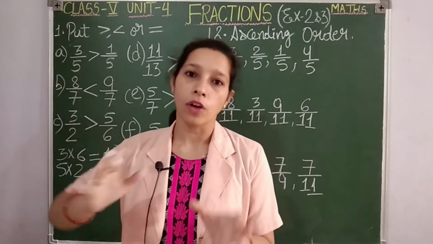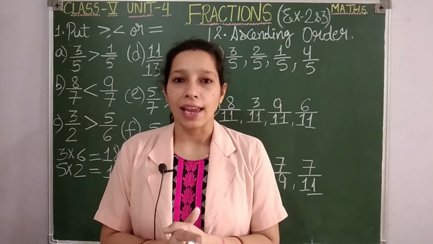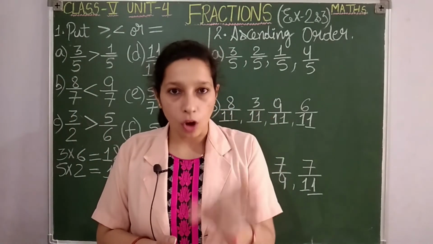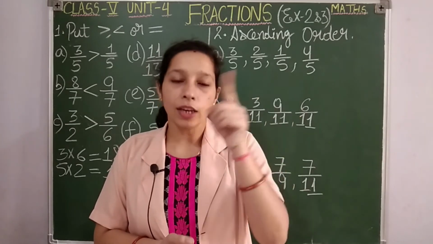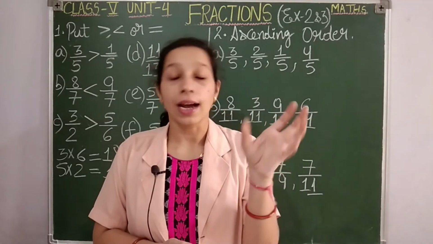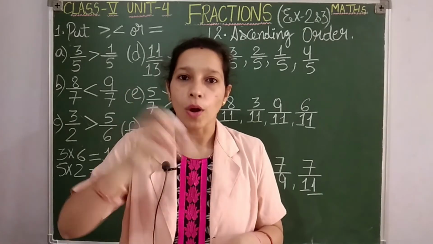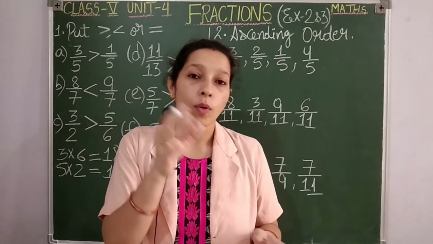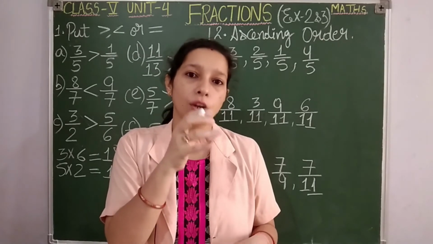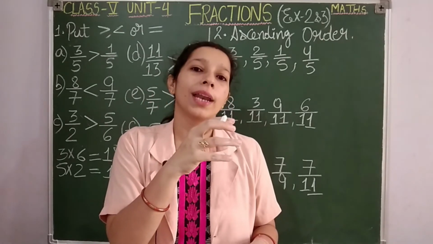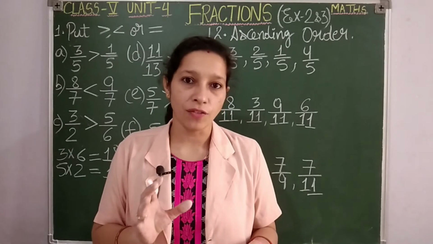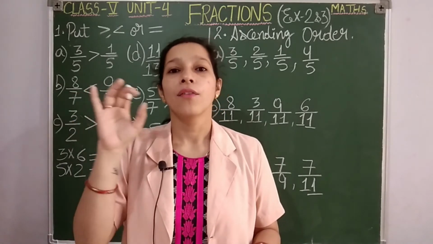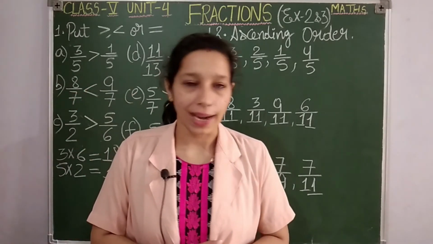And for question 1 you already know how to compare the like fractions. What are you going to do? If the denominators are same, see the numerators, and arrange in ascending order. How to arrange? From smallest to greatest. You are going to arrange the fractions according to their numerators. The fraction with the smallest numerator you are going to write first, and at last the fraction with the greatest numerator we are going to write. Let us see how.